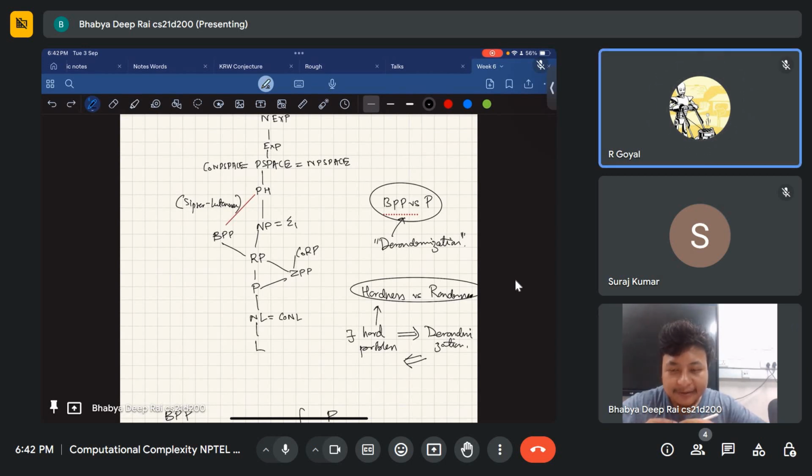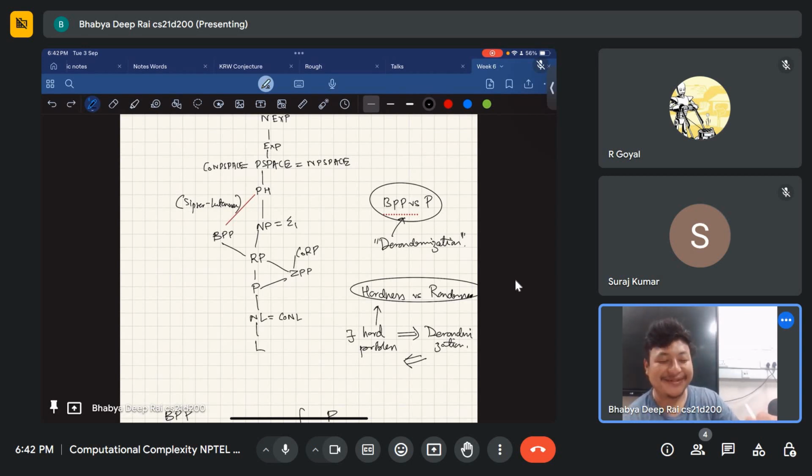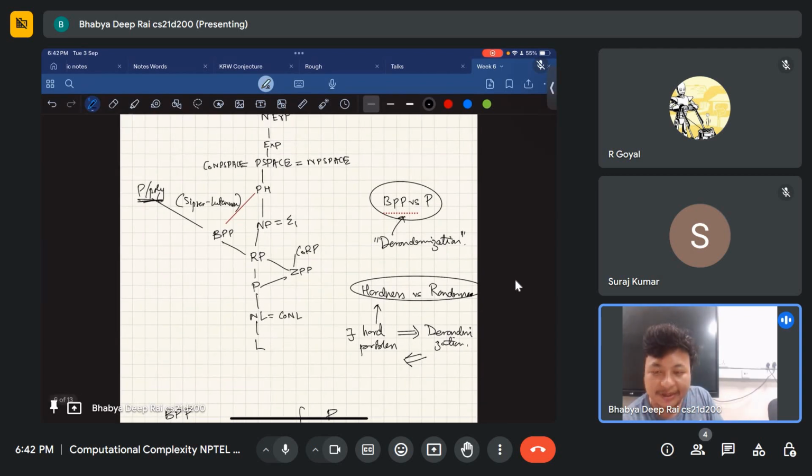And actually, there is another reason, but I don't want to spoil this course for you. There is a class called P/Poly. This is related to circuits and advice and so on. If you've started seeing this week's lecture, good enough. P/Poly contains BPP. And P/Poly is very much related to P, in terms of what is called uniformity. In terms of Turing machines, they are very close. And since BPP is contained in P/Poly, and it is not known that NP is contained in P/Poly, which we don't believe so,